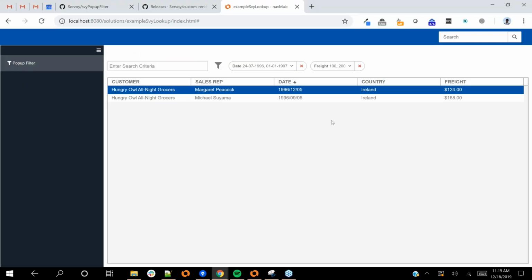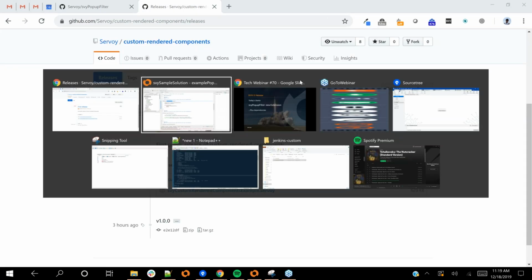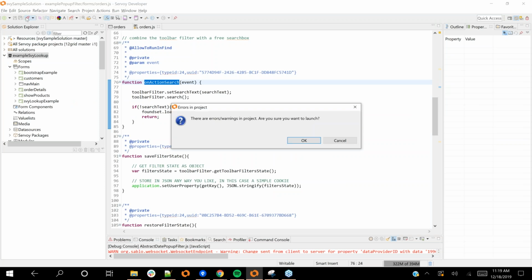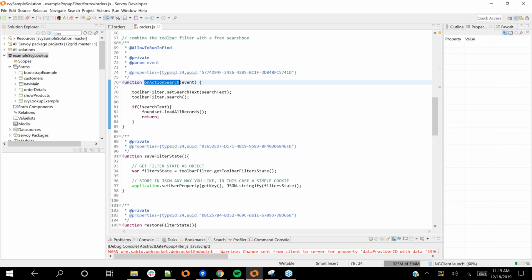I'm going to go back to the demo, and I'm also going to show you how we can persist the filter state. So what I'd like in this example is, I'm a user, I've set up a filter, maybe I have 100 screens like this, and I want each screen to remember the way it was filtered, so when I come back to it, I get a personalized experience and it remembers what I had set up. So what I'm going to do here is close out this tab, come back to the Servoy Developer IDE, and launch the